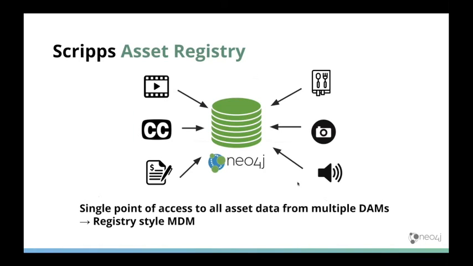Good. So what was required to build this unified view of their assets? What was required is the integration of multiple DAMs, multiple digital asset management systems. Because with Scripps, like many organizations, information was fragmented, spread across multiple systems, and in this case, multiple digital asset managements. Some were software as a service, some were COTS, some were homegrown. So you could find all sorts of input sources, and what they built with the asset registry is precisely a single point of access to all the assets, from the many different DAMs,